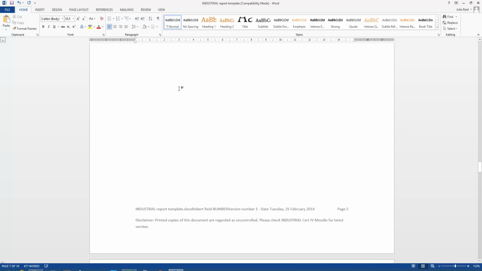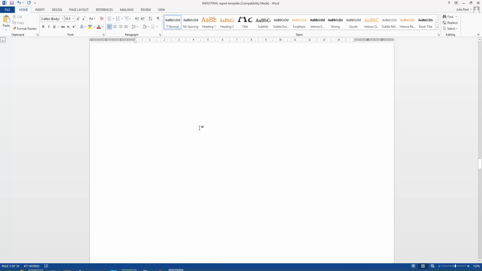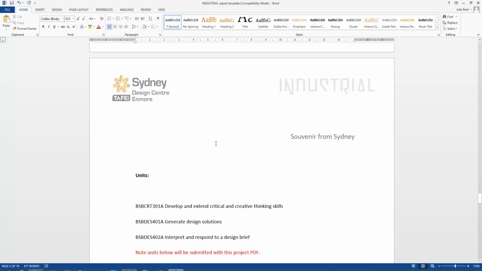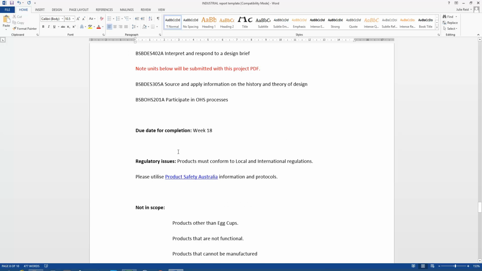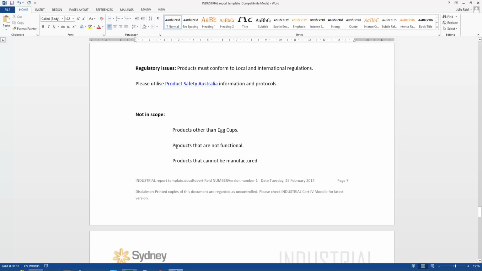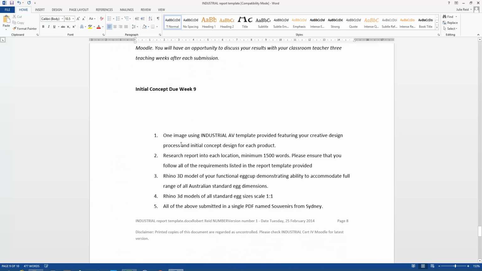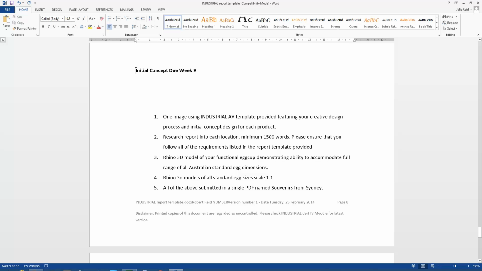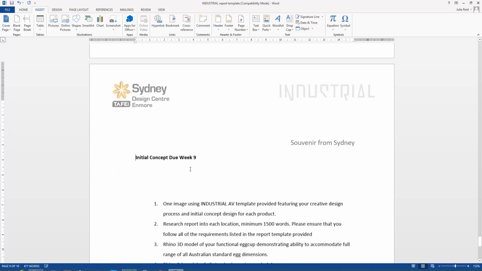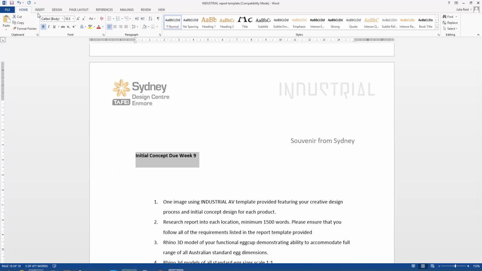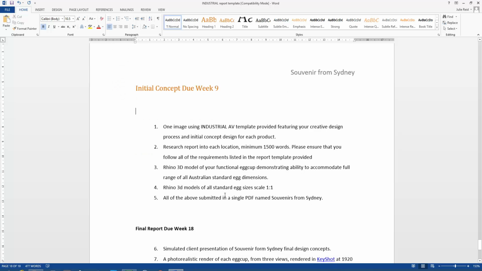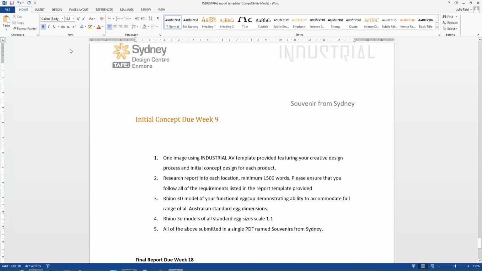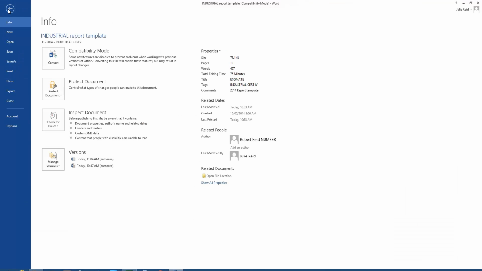So let's pretend we've completed the whole document that way. I'm going to leave you to do the other elements of it. This section here, we might expand it for notes. Not in scope, yep, I think that's important, what's not in the project. And then of course these are the big sections in here. What's the initial concept due? Insert page break, and grab this and heading 2. So I'm going to let you create the headings you'll need, because each one of these sections may need a separate heading. The reason for doing this is that once we've completed all of our documentation and we want to